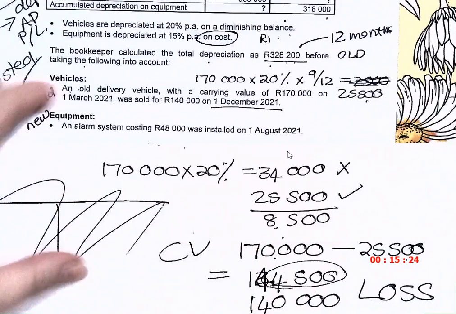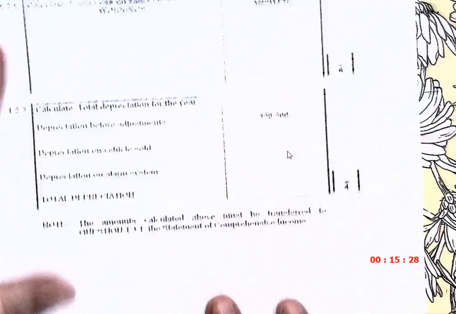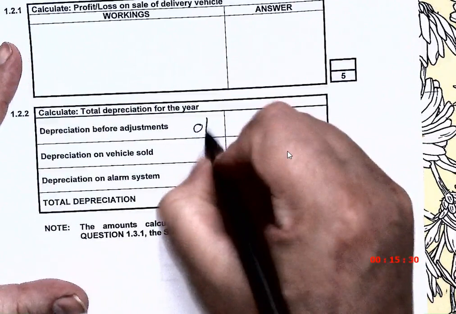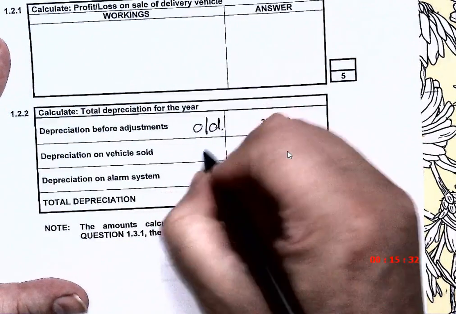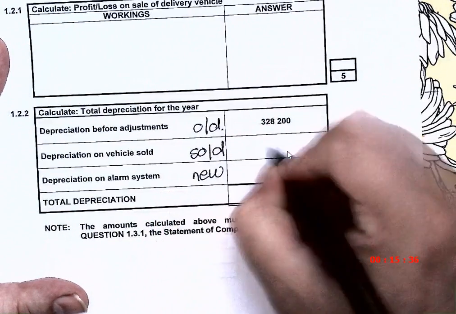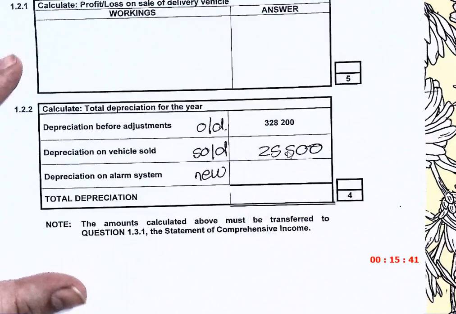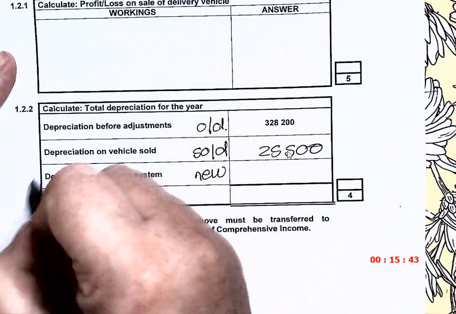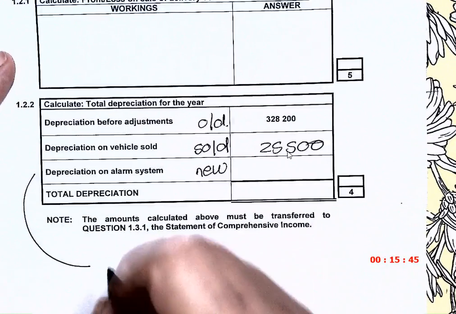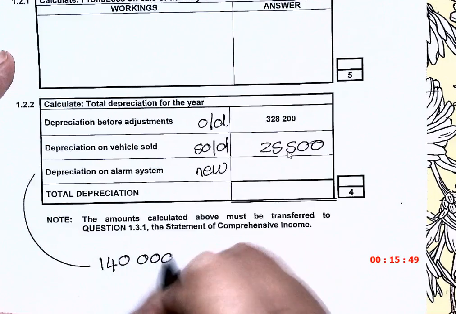So in other words, if I look at the memo, this one is the old one, and they want me to calculate the sold one and the new one. And the sold one we calculated 25,500, and the new one we're going to calculate that alarm system of 140,